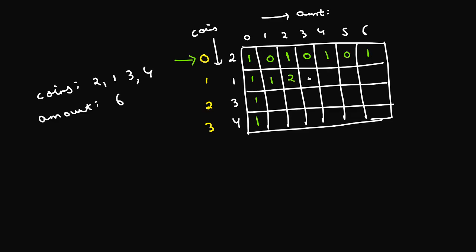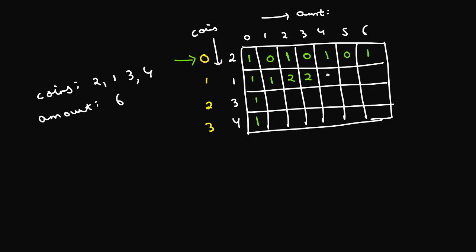In order to calculate the value of this particular block, if I use this coin of denomination 1, the amount that I still have to make is 3 minus 1, which is 2, and I can still use these two coins. So with this amount 2, this is the place which I'm considering right now. And if I don't use 1 at all, that means I only have 2, and still I have to make the amount of 3. So this is the position which I'm considering. So just add this 0 and 2, that's a 2. So this value is going to be 2. I'll just quickly fill these values.